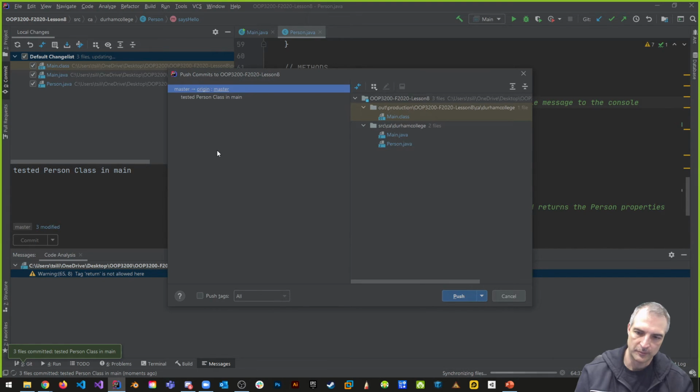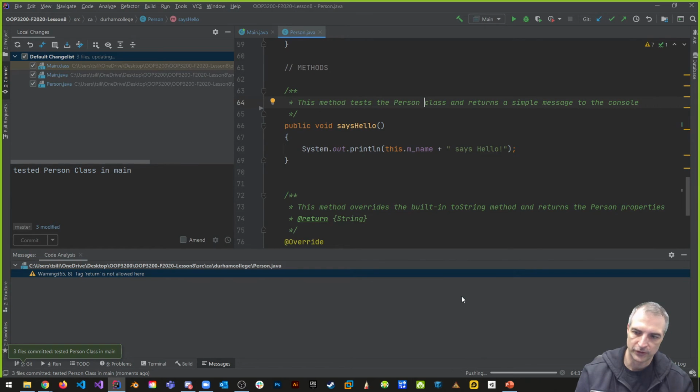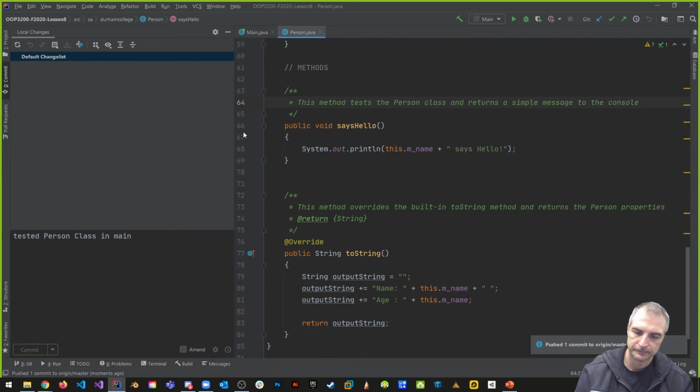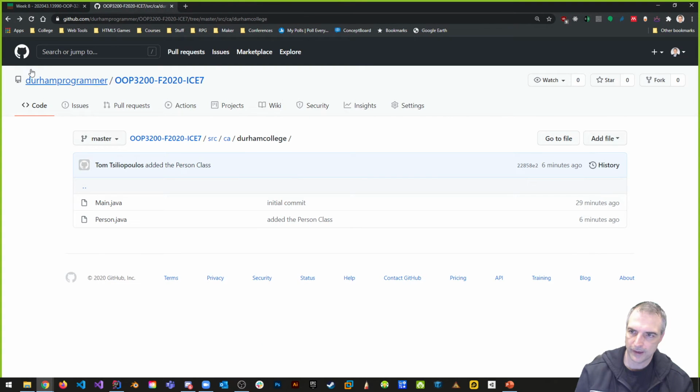Let's just commit again. And it says commit and push. Push. Okay, we're pushing off. It's going to commit these 3 files. I'm pushing it off, and we're good to go. Awesome. And if I go back online, let's go back to here, and if I refresh,